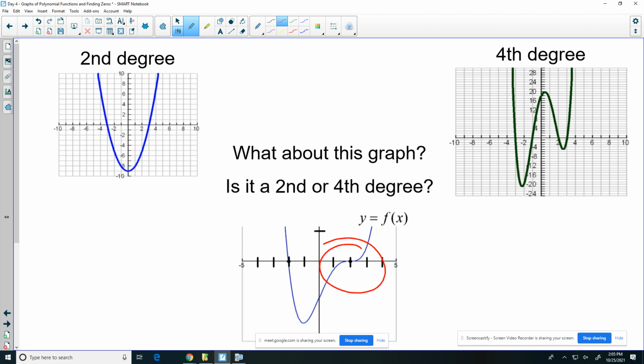Go ahead. I'd say it's second because it only changes direction once. Seriously? Good answer. I didn't see that coming, guys. All right. So we are going out that way. Oh, number